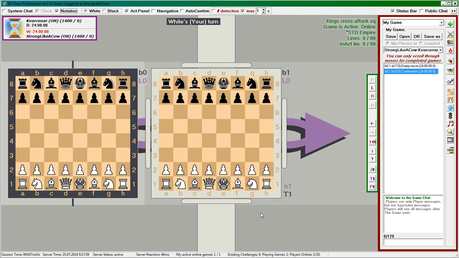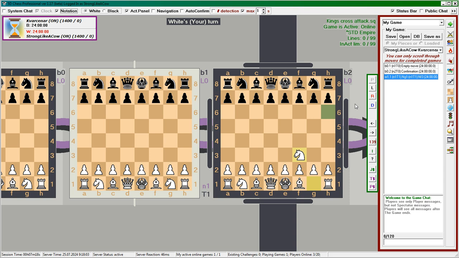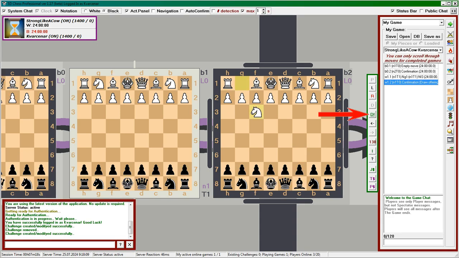Let's make a move and offer a draw. Let's say, Knight to F3. And now instead of confirming, we offer a draw. Let's switch to the opponent and see what they see. They have a new button that blinks blue and green, which they can click to accept the offered draw. If a draw was offered, and the opponent took a long time to think but ran out of time, the draw will be automatically adjudicated.